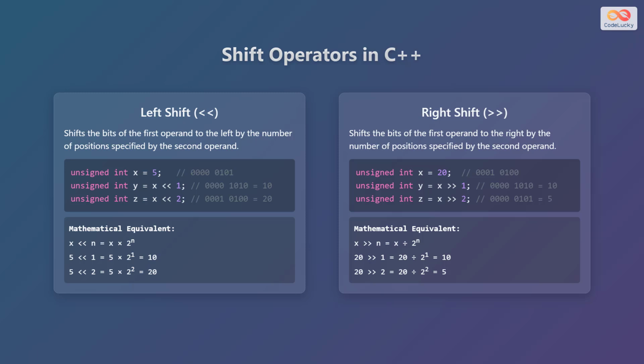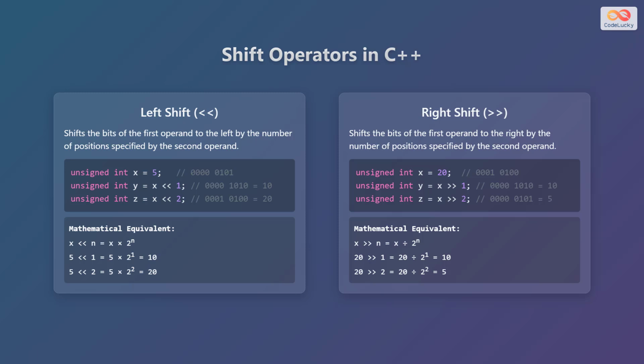The right shift operator shifts the bits of the first operand to the right by the number of positions specified by the second operand. This is equivalent to dividing the first operand by 2 raised to the power of the second operand. Here's an example. Unsigned int x equals 20, which in binary is